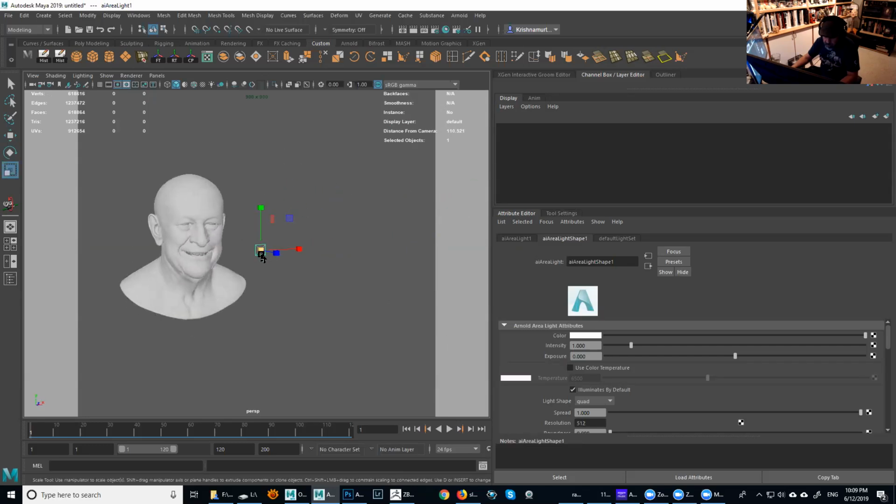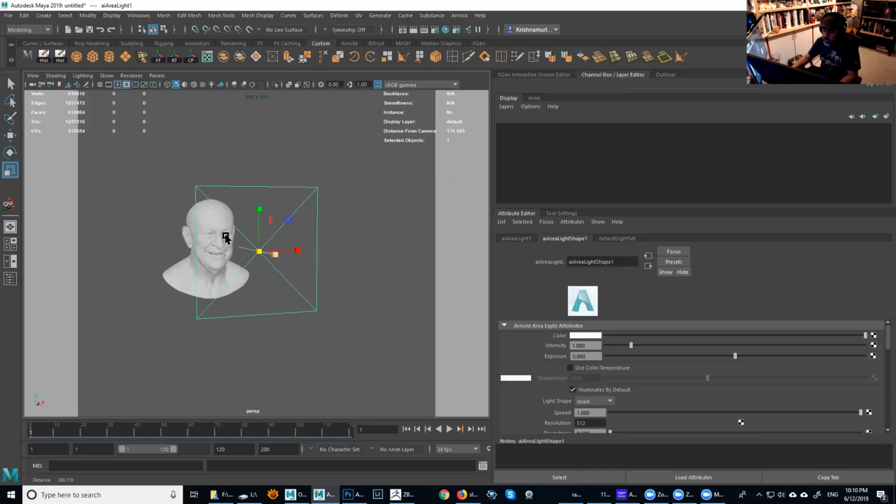So look at this. If I change the size of it, naturally, in the real world the softbox is going to be bigger, and then I'm going to get more light, right? So that's the way it works. Basically, if I have intensity at 1 and I keep increasing the size of it, I'm going to get more and more light until it blows up, until I get overexposure in my model, right?